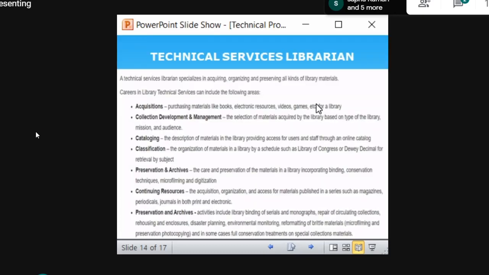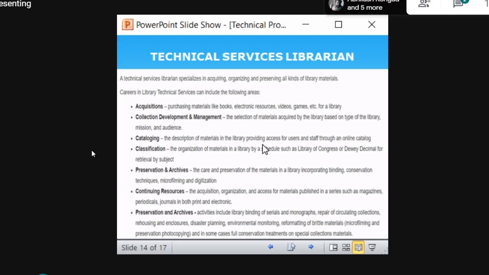I want to show you one more thing. Unlike in India, where we term everything as librarian and all the duties are carried out by the librarian only, in Western countries, especially in America, it is not like that. The librarian will be assessed on separate skills: technical service librarian, law librarian, reference librarian, cataloging librarian, information literacy librarian, school librarian, children librarian. There are different kinds of designations based on the nature of the work carried out by the librarian.